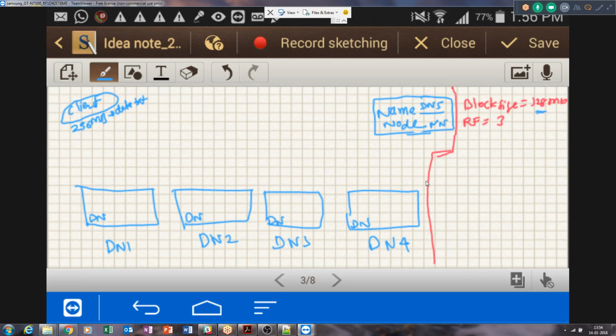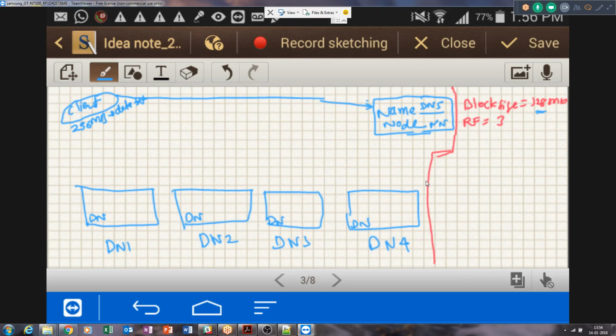Just assume that all these 4 nodes are an independent cluster running as Hadoop distributed file system, and the client is completely separate, having the data, and the client wants to write the data into this file system. The first thing that it will do is communicate with the name node. When I say hadoop fs -put, I mean there is a command to copy the data from the external world into the Hadoop distributed file system.